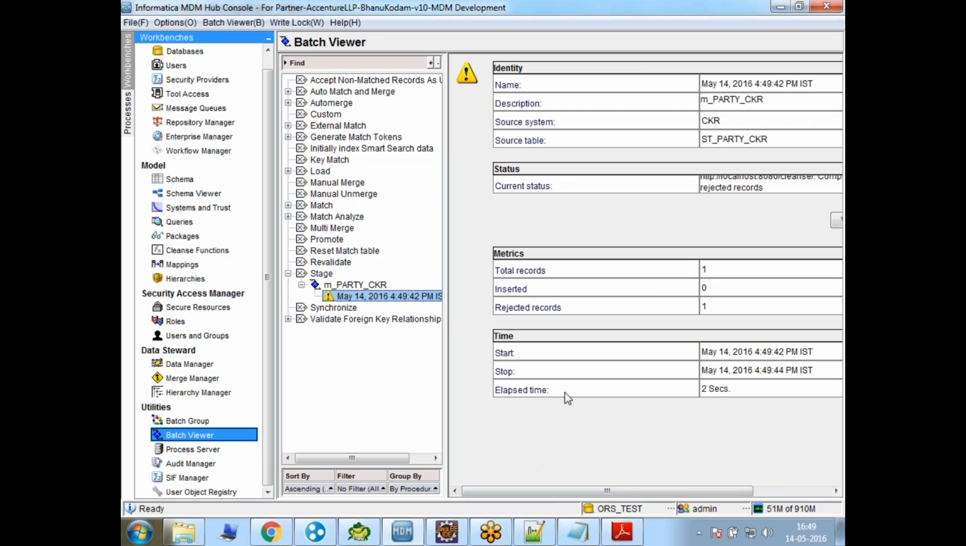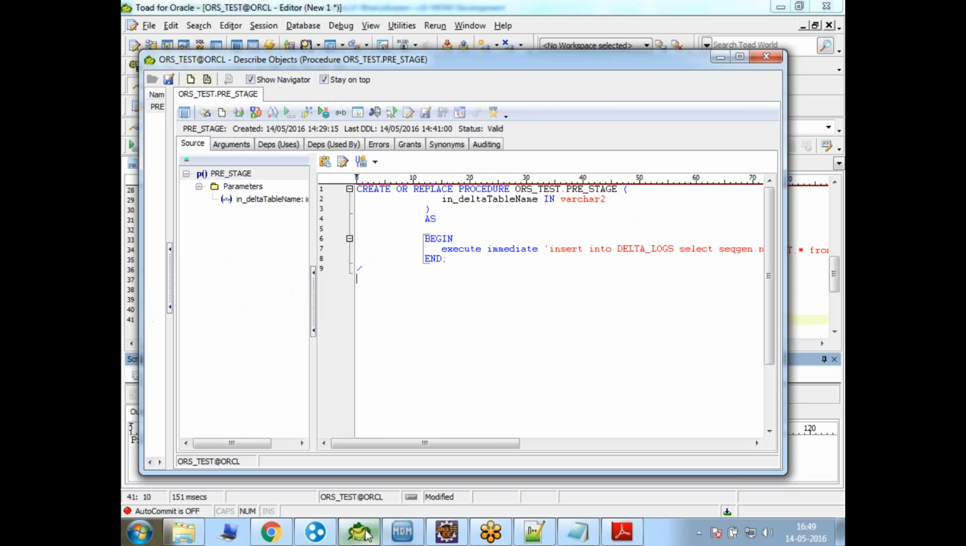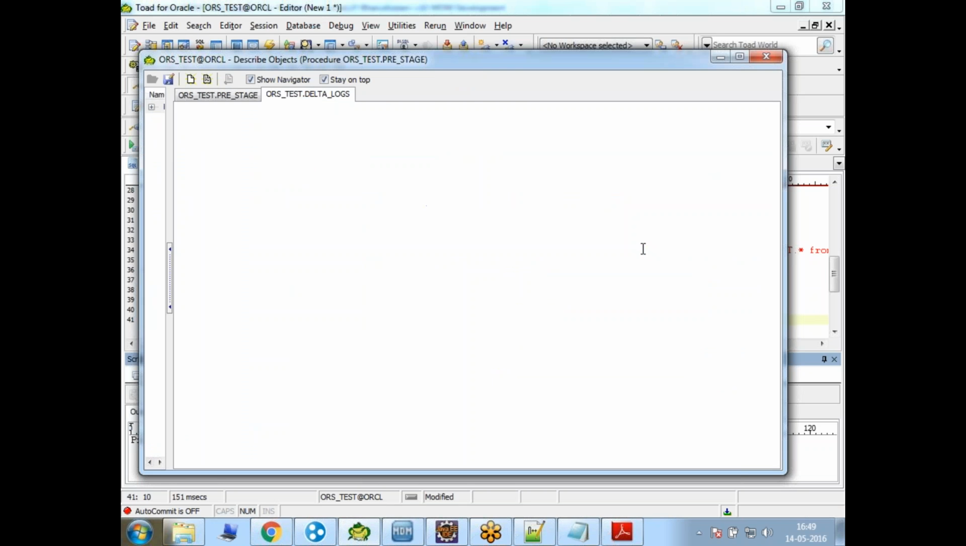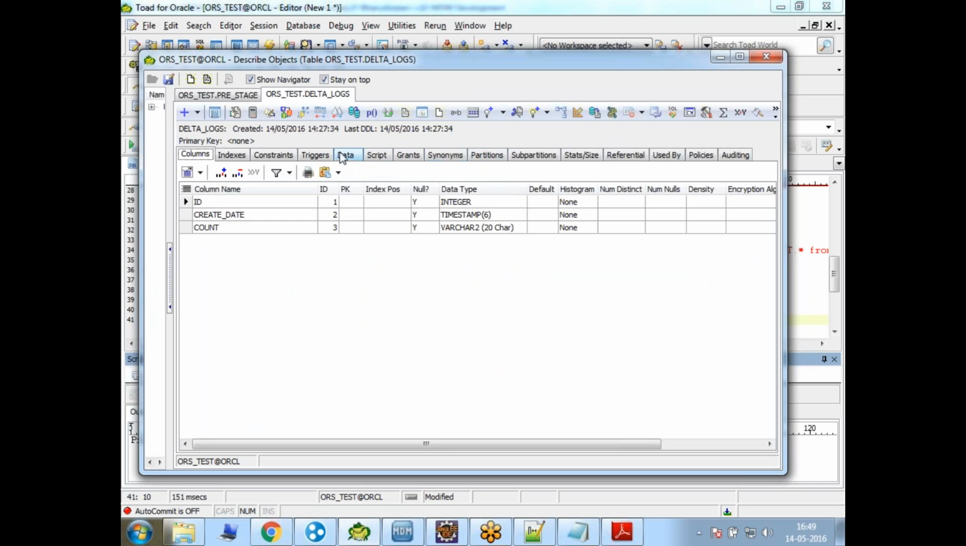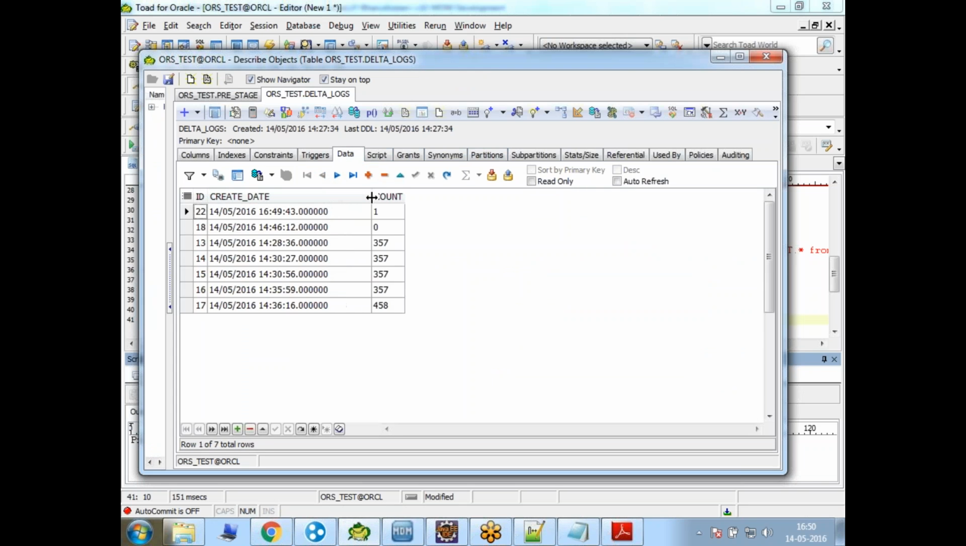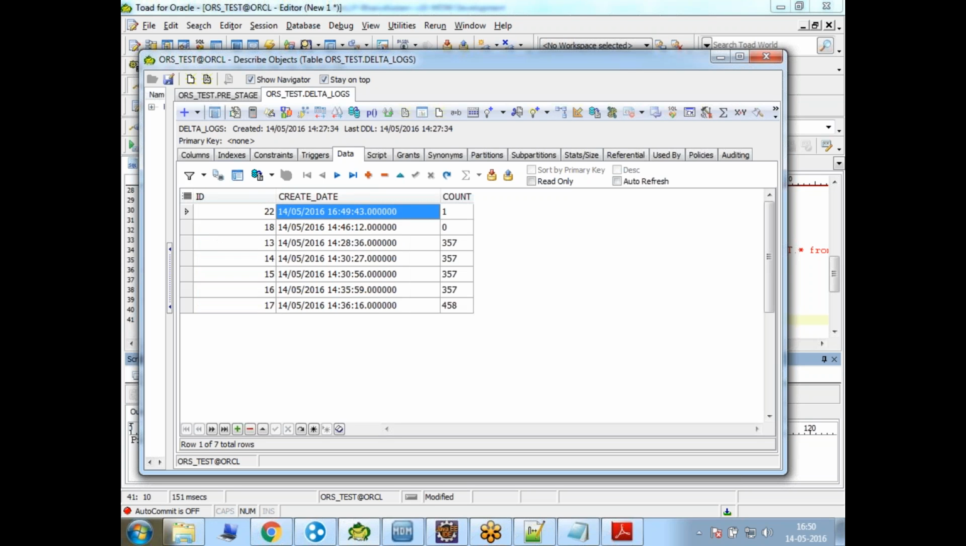But for delta, nothing is inserted, so probably there will be nothing in my delta table. So I can go ahead and check it. Let me go here to F4 and check what was inserted here. Data, and okay, one record, so that's fine. One record was inserted here and the time is 16:49. The ID is 22. So you can see here, the count of the records that had to be processed got inserted here, right? So that is the concept of the